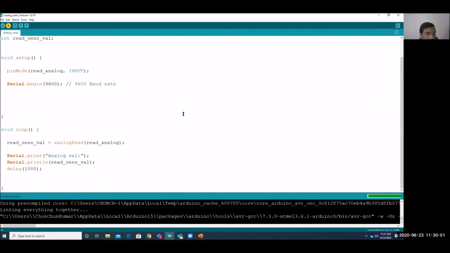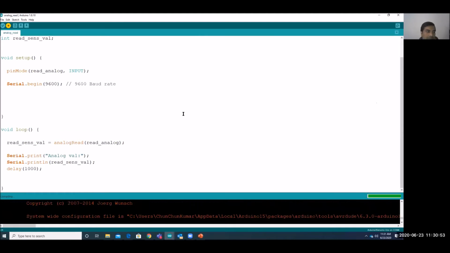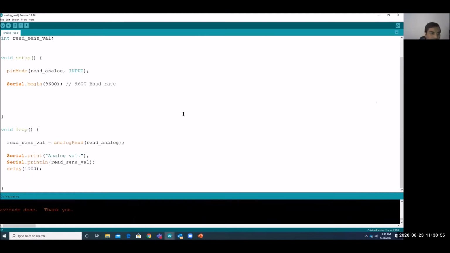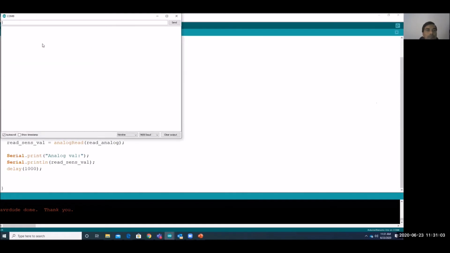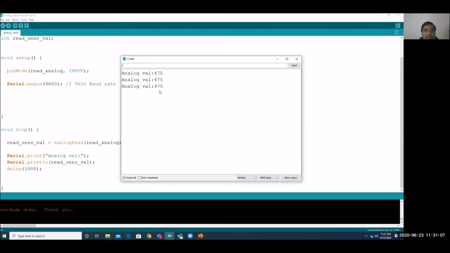So Arduino is connected through USB cable with the computer. While buying Arduino, buy one USB cable also, then only you can program. Now if you see, there will be a delay of 1 second. If we want to increase the delay, we can increase it.